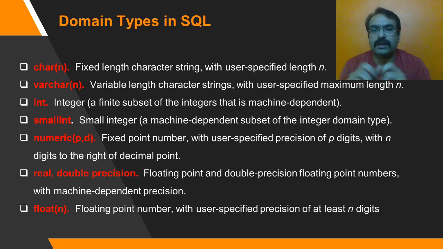A real number, a floating point number which is supported, where the total number of digits will be p out of n, and d will be the digits after the decimal point. So a floating point number can also be defined. Real or double precision, the advanced version of floating point numbers, along with a normal float of n size. There you need not be very particular about how many digits will be there after your decimal point. It will be of n digits, which will include the decimal part also, the floating point number.